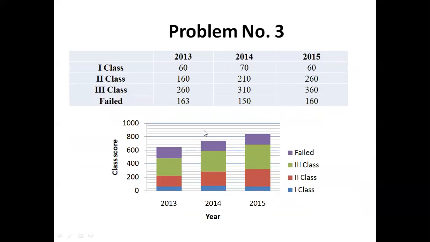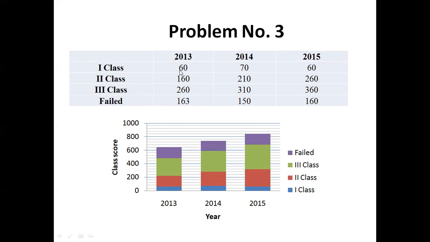So in this way, you can convert this into cumulative, or directly you can also locate. How are we going to locate? See here, the information for the first year. How much is for first class? 60. Whether you take failed students from this point, or you take from this point, suppose you have taken the first class on top, it should be shown at the top. If you take the second class that way, it should be located from top to bottom. Or failed students are shown last. So we have taken the first class from the beginning.